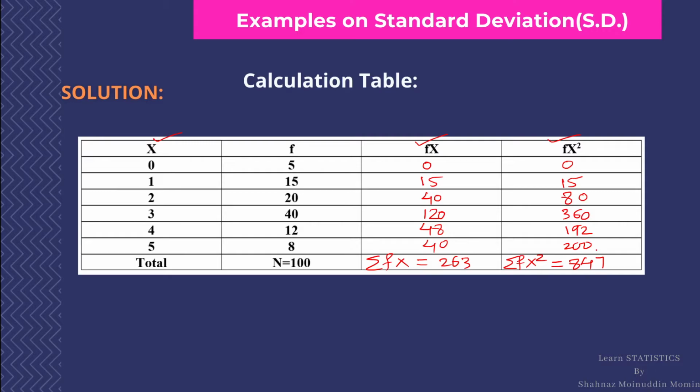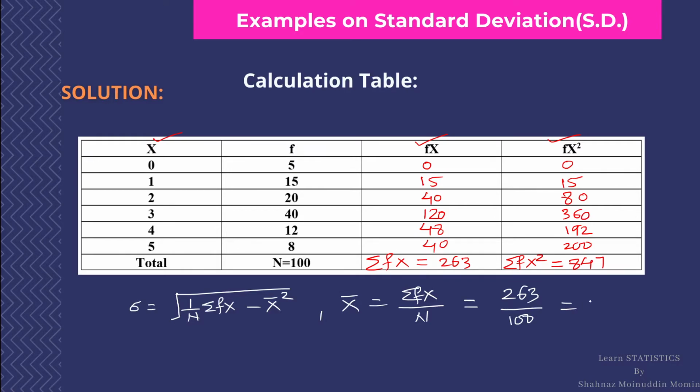In case of discrete data, the formula for standard deviation is sigma is equal to under root 1 upon n summation f into x minus x bar square. Since the data is discrete, mean x bar is equal to summation f into x divided by n, and that is equal to 263 upon 100. It is 2.63, and sigma equal to under root